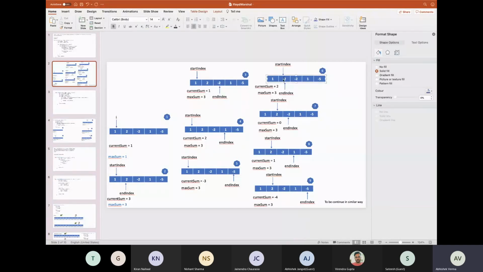If all the numbers are negative, in that case this will become my maximum value for that particular phase, because anyway we are going to add a negative number, which is going to give me a more negative value. So if we keep going through each index, the least negative number will be our maximum value. That will be our output.